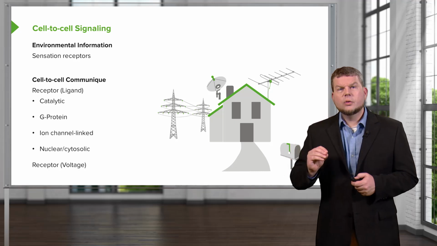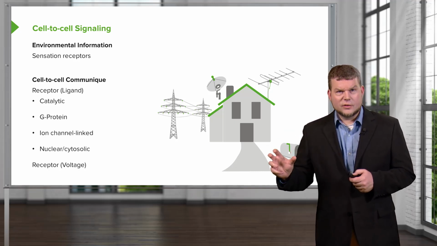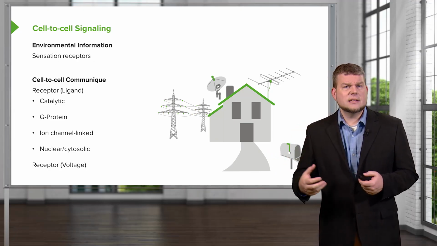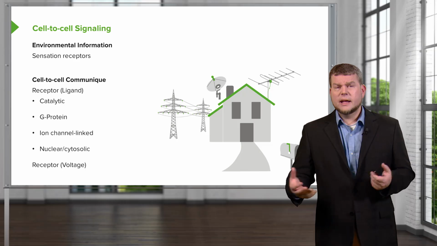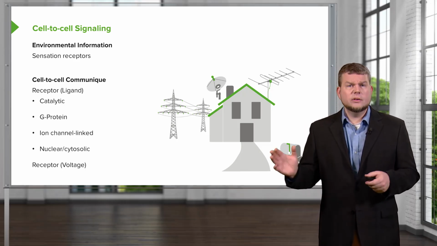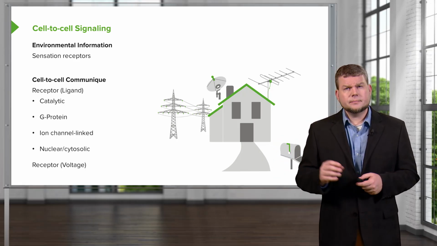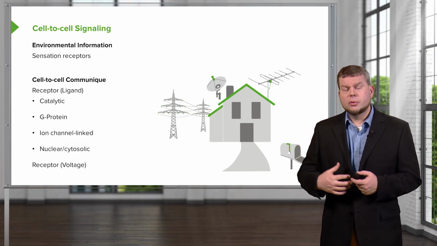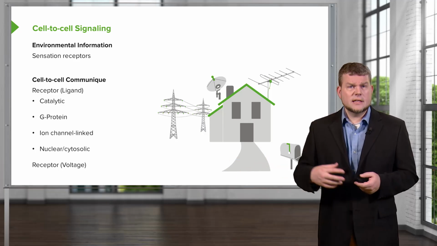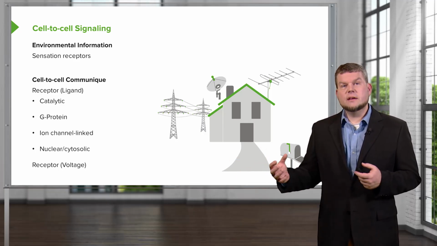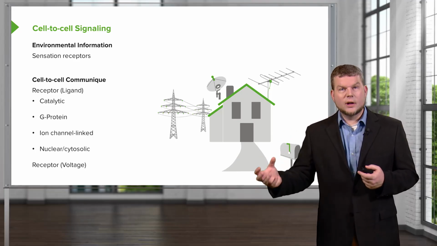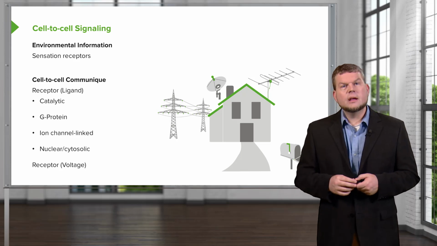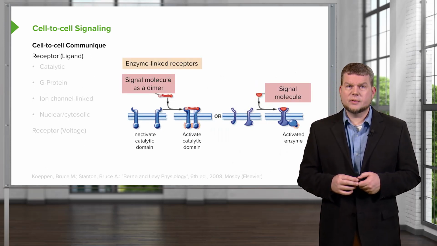Other cells will utilize various receptors that will look for what we're going to call a ligand. A ligand is simply a signaling molecule, and a molecule that will bind only to a specific receptor. This is a very handy way to signal. This allows you to put out a number of signals, and they only get received by the cells that you want to. And how do you know? Based upon the receptor. So let's go through a number of these receptors.